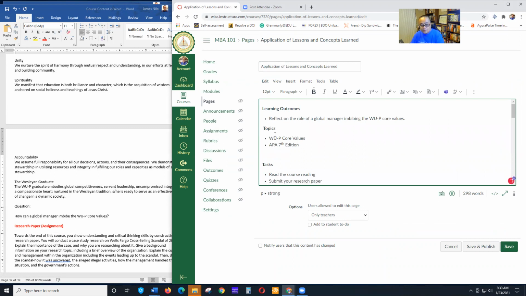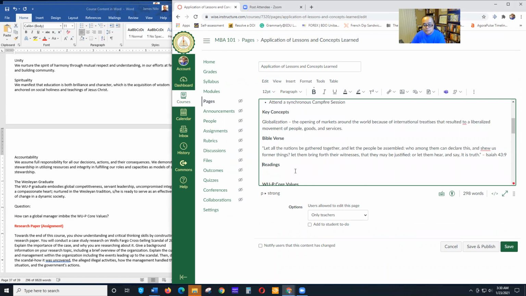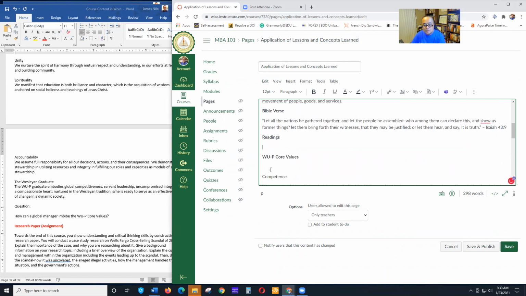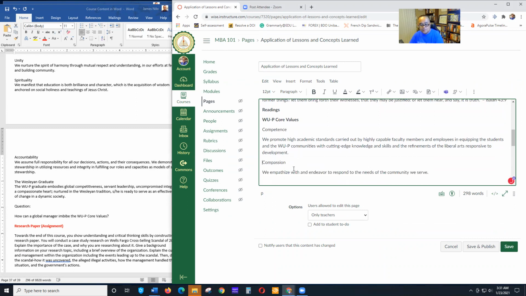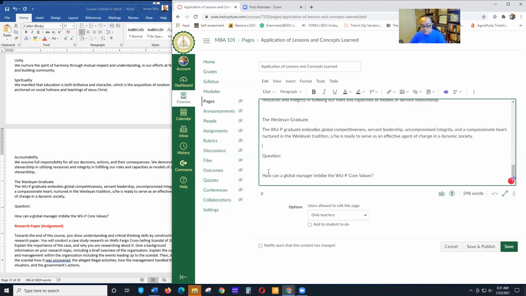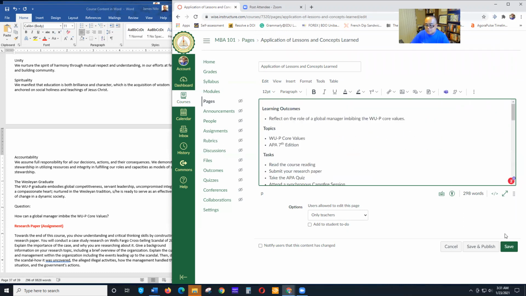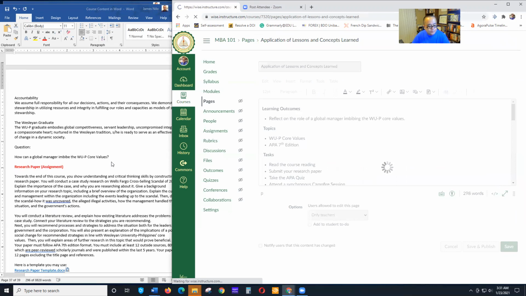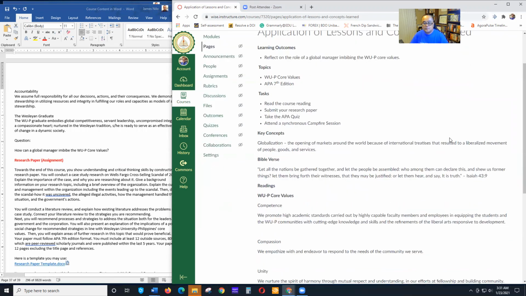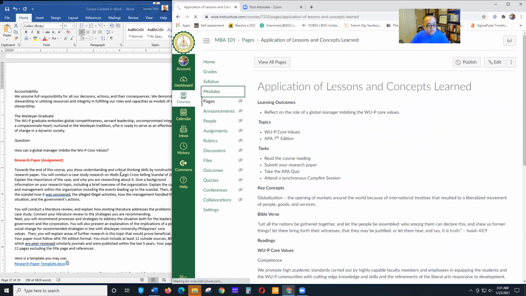Okay. This time I don't have any readings except for the WP core values. Save. There we go. And then go back to modules